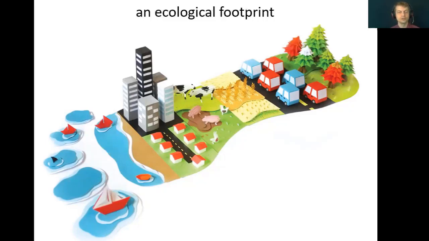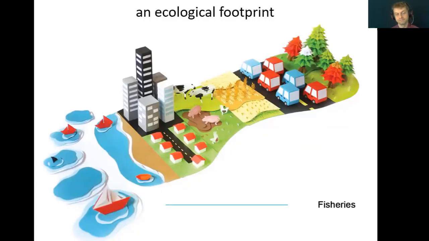And so this little infographic here, I think, does a good job at communicating visually what is included in the measure of an ecological footprint. The ecological footprint includes the area of fisheries needed to sustainably produce the fish products that we eat in a year. In other words, the area needed to provide us with a constant harvest equal to the amount of fish